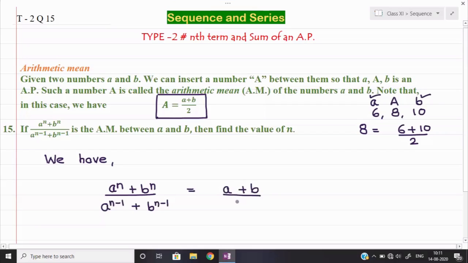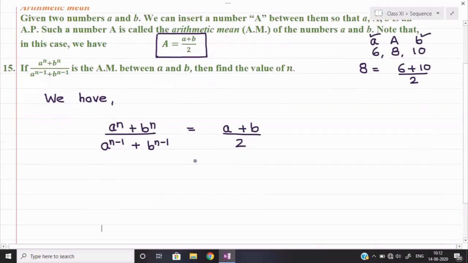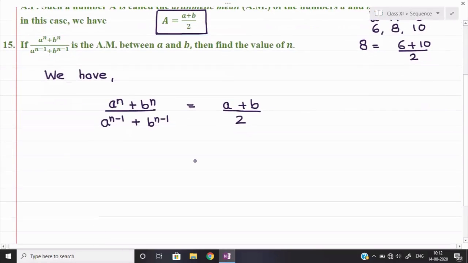I have written the same equation as it is shown in the box over here. Only the difference is the value of capital A is given in the question like this. Okay. Now let us simplify. Nothing else we have to do, just simplify this equation and get the value of n. So see how we can simplify.